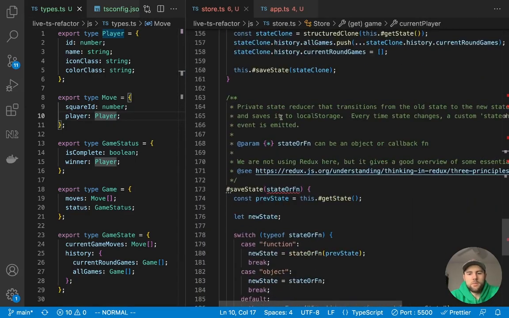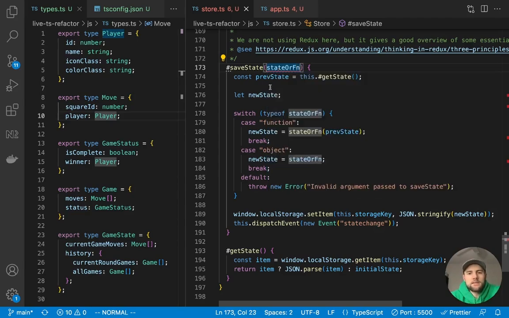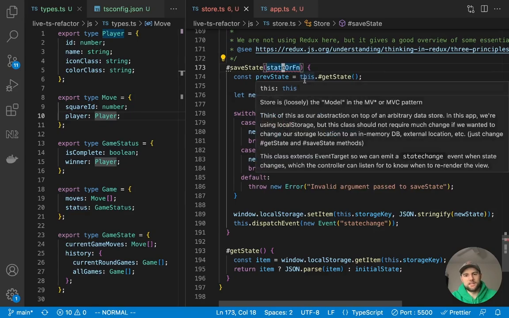Now let's start at the bottom here. Again, stateOrFunction. This is a great use case for TypeScript. This is where your life becomes a lot easier. And that is because in this case, we are allowing someone that is using this function to pass either an object that represents state or a function that we will pass the previous state to, and then it returns a new state. So two different types of parameters that you can expect here.